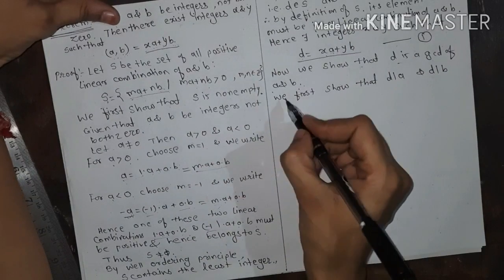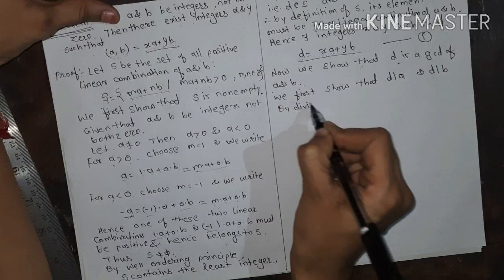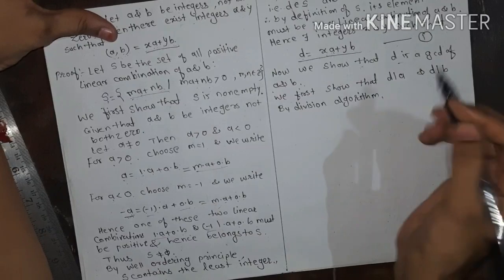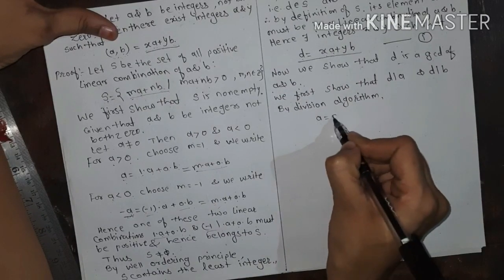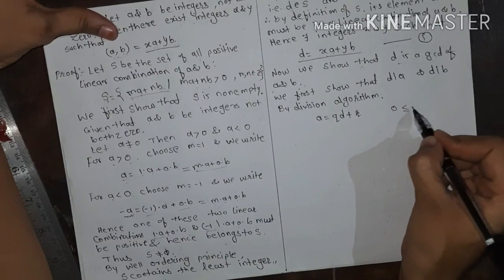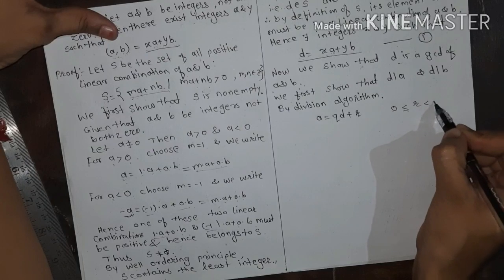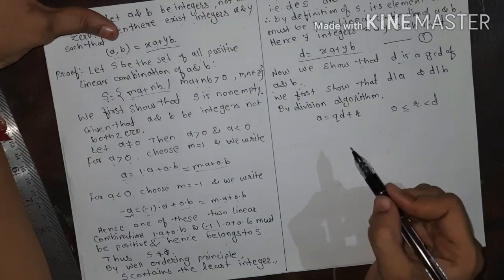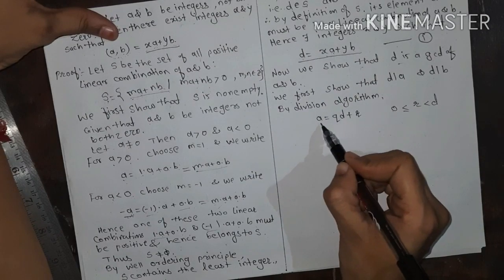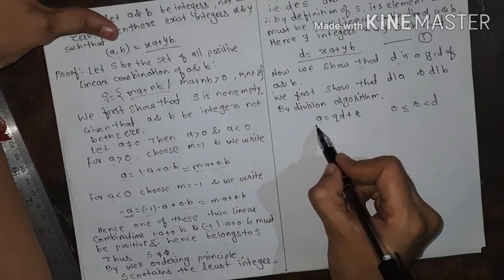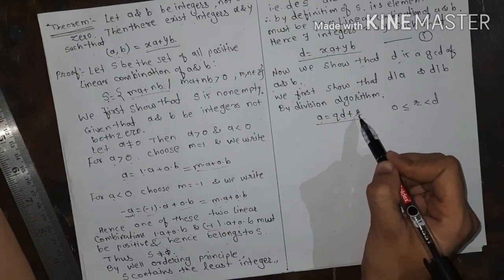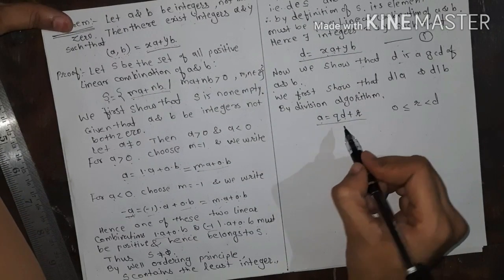Okay, so by division algorithm, we have a equals q into d plus r, where r is greater than or equal to 0 and strictly less than d. Okay, this is by division algorithm, if we are taking the division of a by d. Now we show that r is equal to 0 or r is greater than 0. So for this we can write r